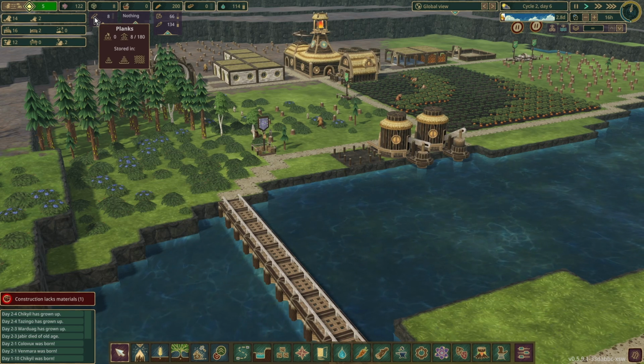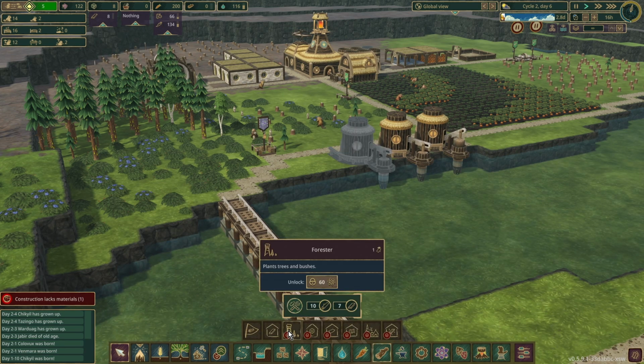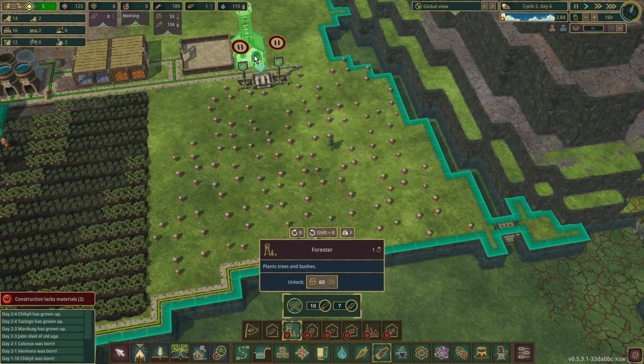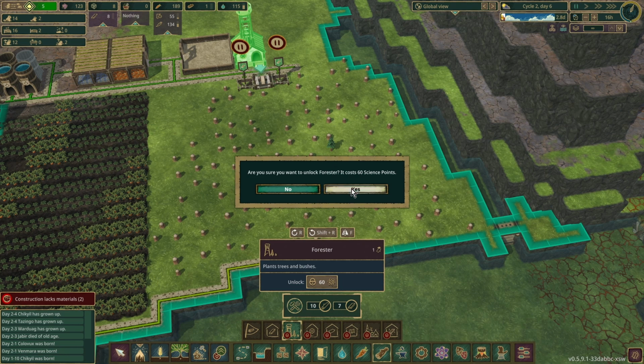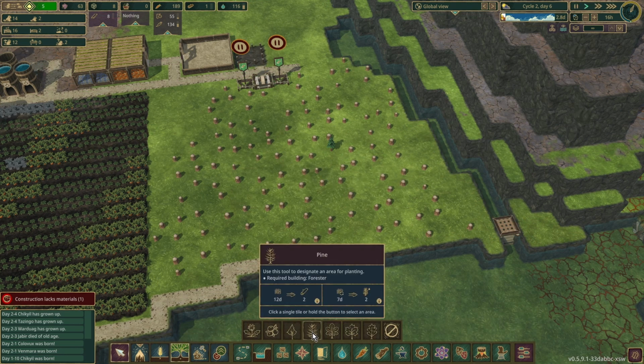Planks, we've got a few. Let's have a look. Forester, you need... Oh, you only need 7 planks. We'll be able to build you. Yeah, go on. Let's unlock the Forester. I'm going to put the Forester over here. Yes. And we will plant up...